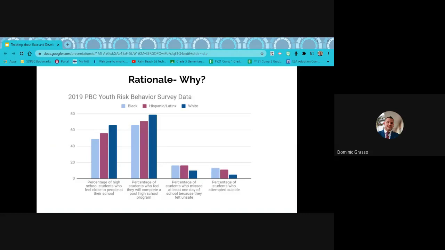So the screen you see here is the 2019 Palm Beach County Youth Risk Behavior Survey data. This survey is a national survey that's administered by the Centers for Disease Control, and it's done through large urban districts throughout the nation, Palm Beach, Broward, DC, LA, etc. And why I think this data is important is because it's student self-reported. So this is information that we're getting directly from our students who are directly in our Palm Beach County high